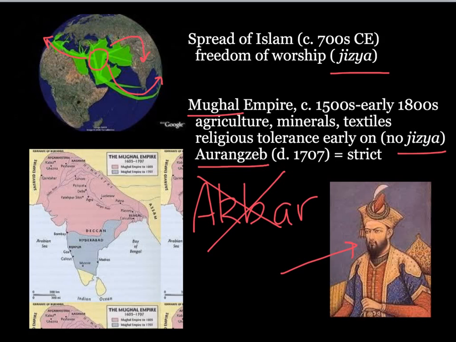He was a very strict Muslim, and he reinstituted the jizya. He demolished Hindu temples. He forced Hindu merchants to pay a greater tax on their goods than Muslim merchants did. All of this in an effort to re-emphasize the supremacy of Islam in India. As you might imagine, that didn't go over too well, and Hindu merchants began to rebel against the government.